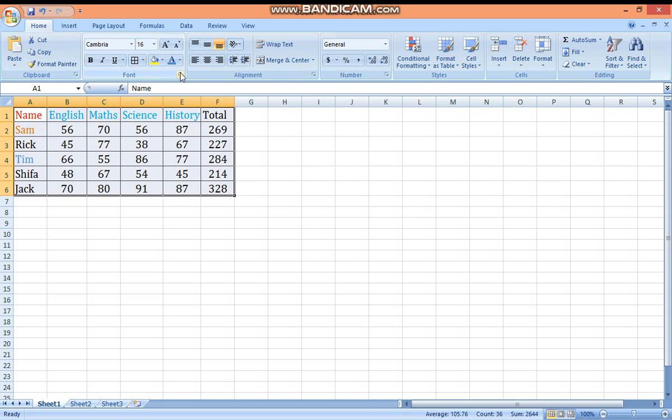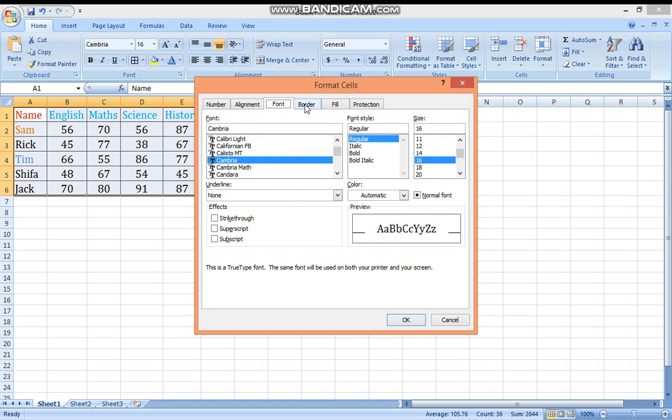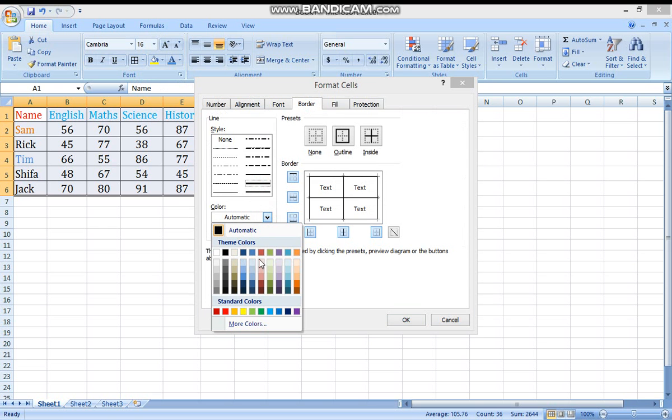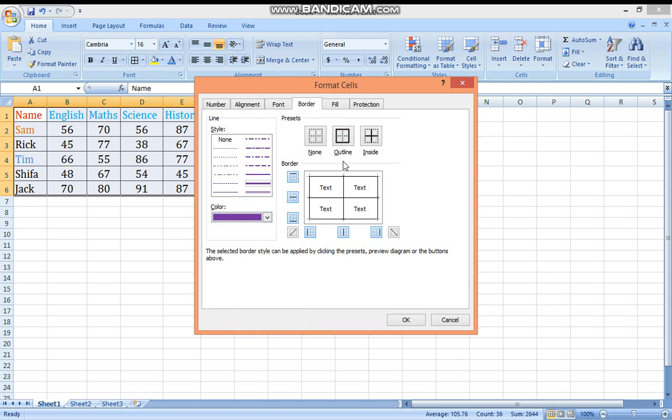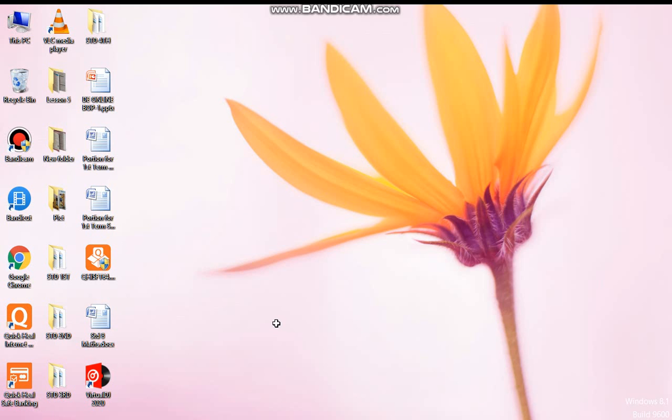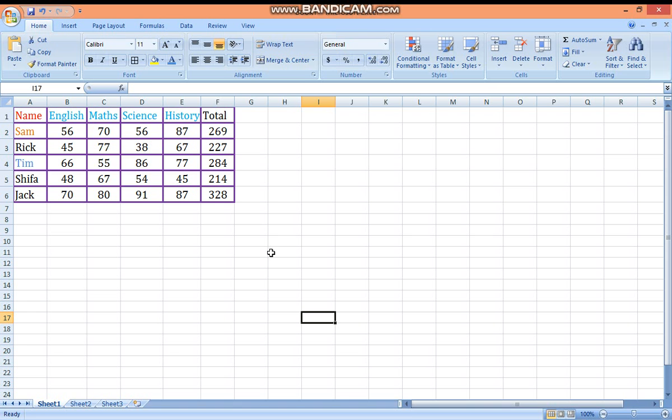Then click on border, select your border from here, whichever border you want. Then select the color, then click on outline here, you can see the preview here, then click on inside and click on OK. Okay, understood or no? So this is how you can format your table.